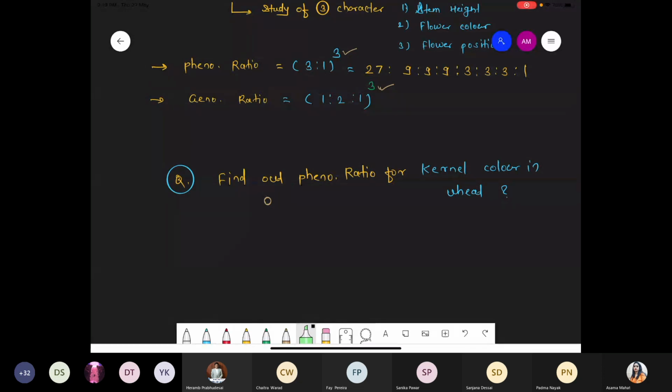Remember one thing, the phenotypic ratio of human skin color and the phenotypic ratio of kernel color in wheat are totally different because human skin color is controlled by 3 pair of the gene. This character is controlled by 2 pair of the genes. So the phenotypic ratio should be different. But they are showing a bell-shaped graph. ये तो पक्का है, बेल शेप पक्का होगा, means intermediates are having the highest value, and when you go towards the downward as well as the leftward, the number will get reduced. ठीक है.